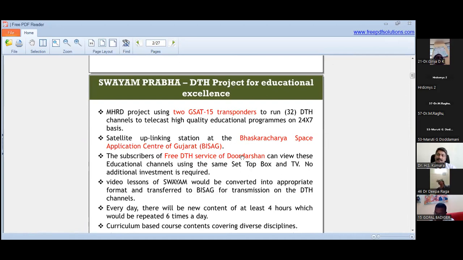The only thing is that very minimal effort needs to be made at the college level. Each college or university has so much dedicated infrastructure, such as a seminar hall in each department, or a separate dedicated seminar hall in each college. You can ask your principal, director, or head of the department to procure it, costing about 2,500 to 4,000 rupees. You can ask the local dish provider to install the Swayam Prabha dish.